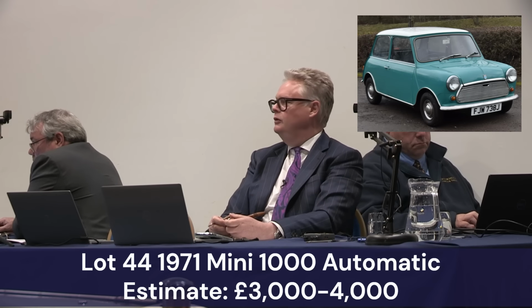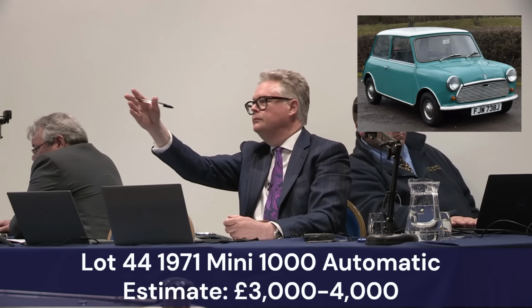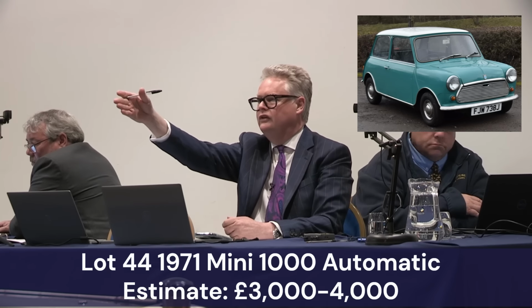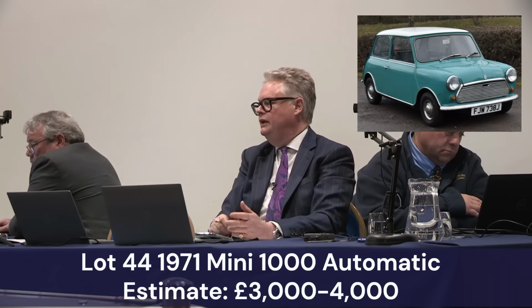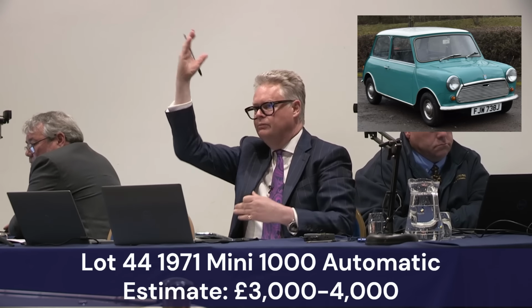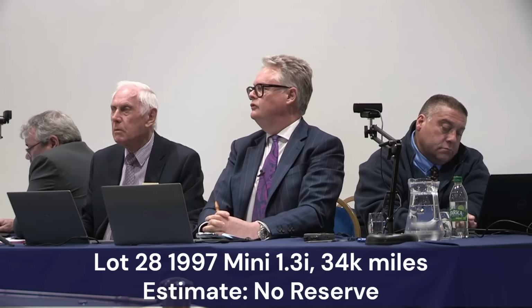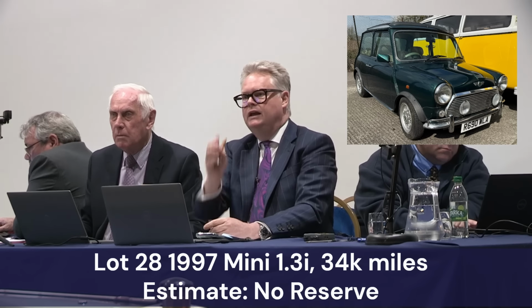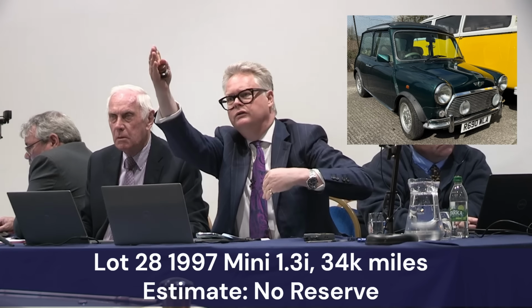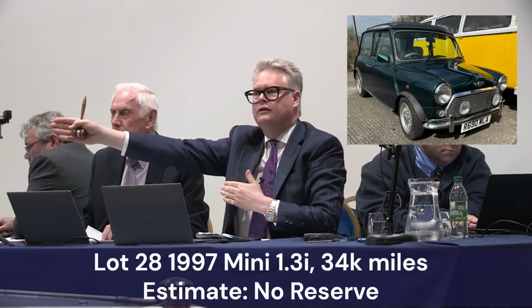At £2,000 bid on the Mini here. At 222, 22, 24, 26. Probably stop it. At 26, at 26. Your bid in the blue, sir, at £2,600. At £2,600, I have bid now. Little automatic Mini, £2,600. I have bid. Now, any further advance? Provisional bid then at 2,600. Provisional bid at 2,006. A couple of thousand, 1,000 is bid, thank you sir, 1,000 I have in the black, 1,100, 1,200, 1,300, 1,400, 1,500, 1,600, 1,600 in the black, 1,700, on my right at 1,700 I have now, it's